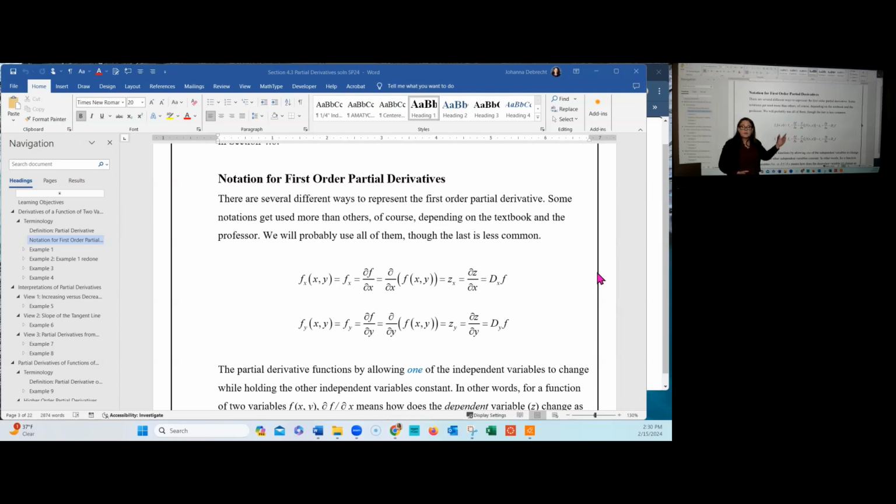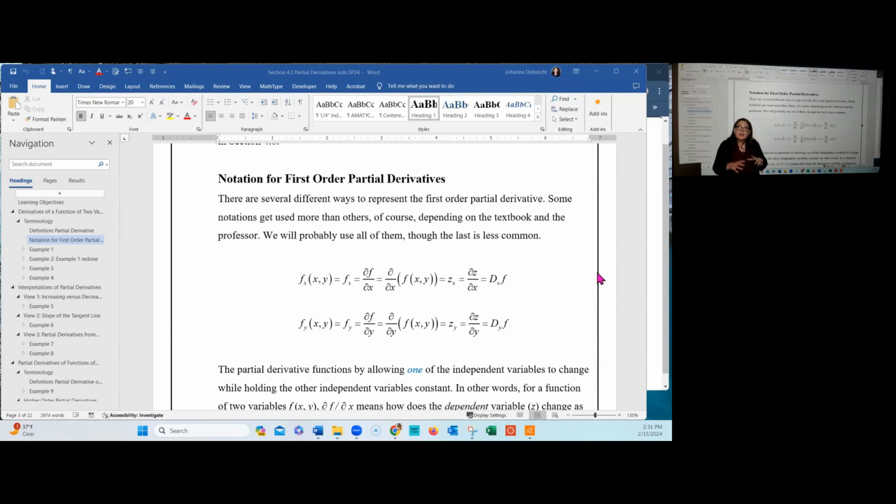F sub x represents the partial derivative of function f with respect to the x variable. This will give the slope of the tangent line at a point on the surface that's parallel to the x-axis. And then, of course, we can use different notations, much like we did in Calculus 1, but with the partial